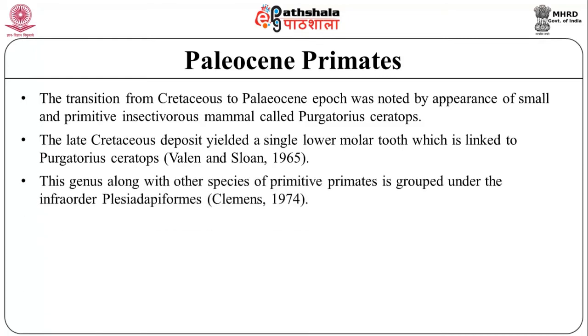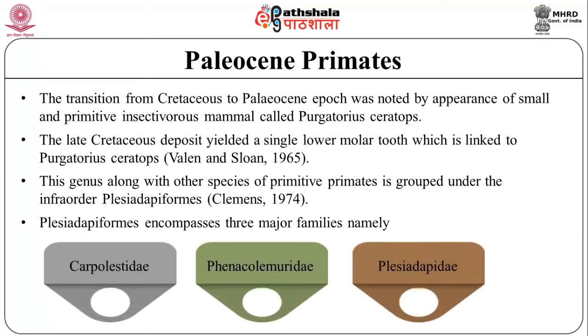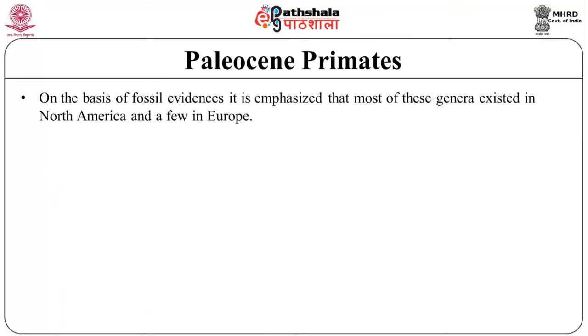This genus, along with other species of primitive primates, is grouped under the infraorder Plesiadapiformes, given by Clemens in 1974. Plesiadapiformes encompasses three major families, namely Sarcopellistites, Phenocholmurites, and Plesiadapoidea. On the basis of fossil evidences, it is emphasized that most of these genera existed in North America and a few